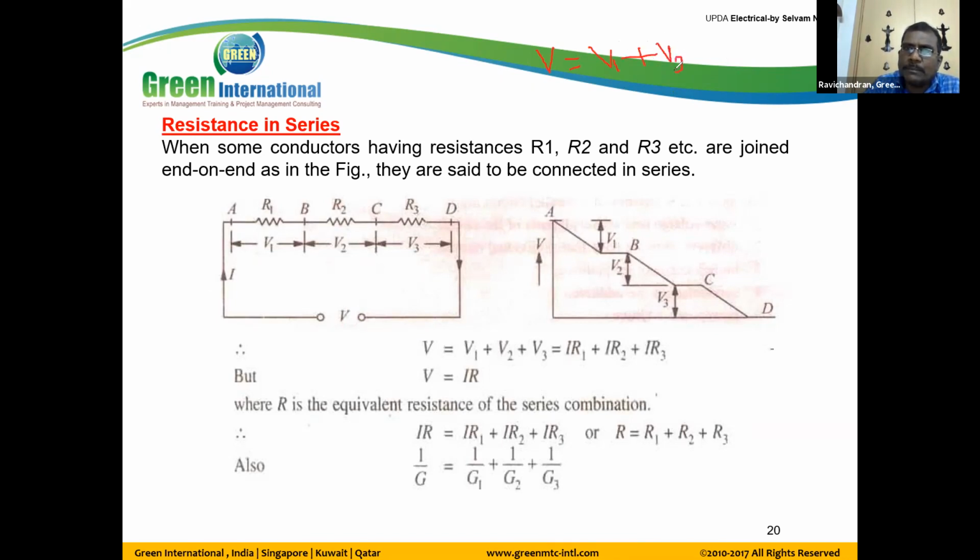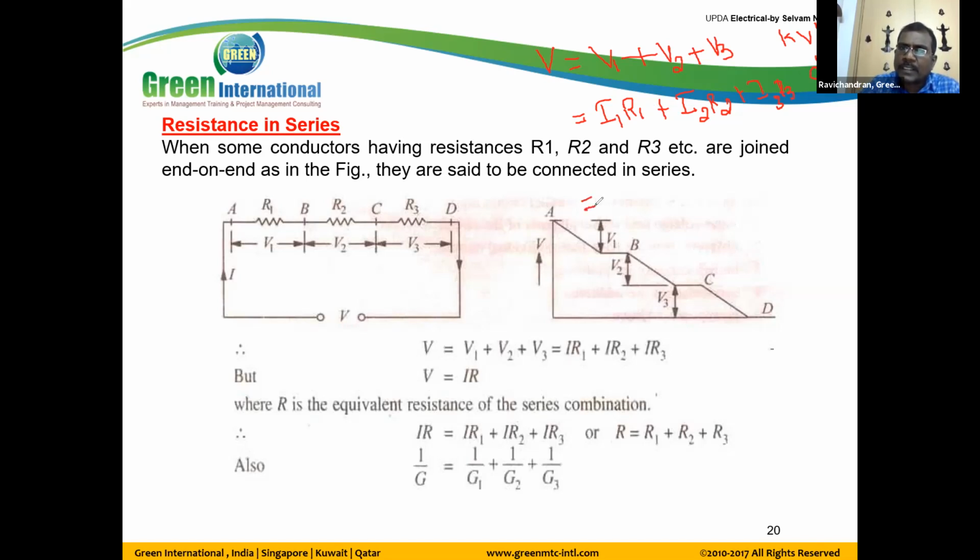So once again, in our exam, there are no derivations. We just need to understand the concepts only. By Kirchhoff's voltage law, we write this equation. We can write V1 is equal to I1 R1, and V2 means I2 R2, V3 is I3 R3. This is due to Ohm's law. From Ohm's law, we write the formula.